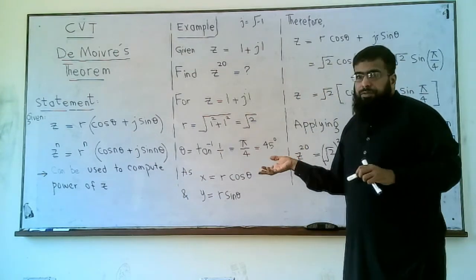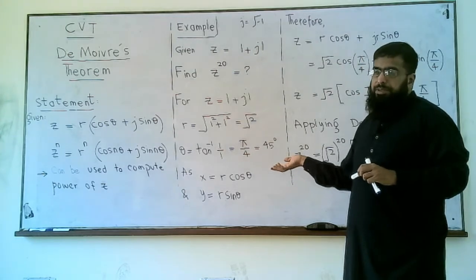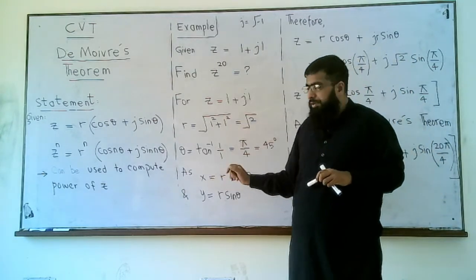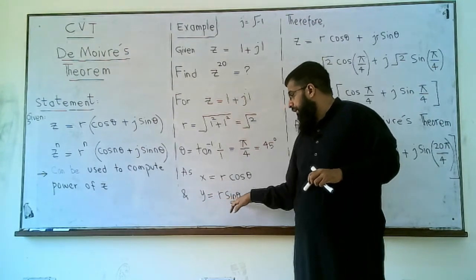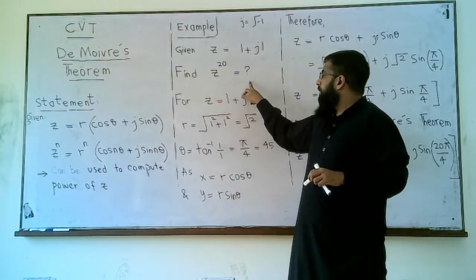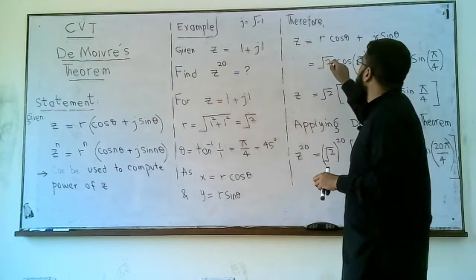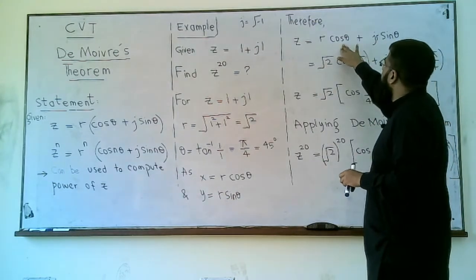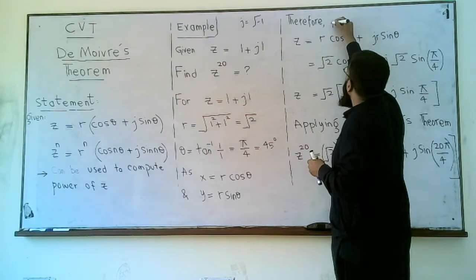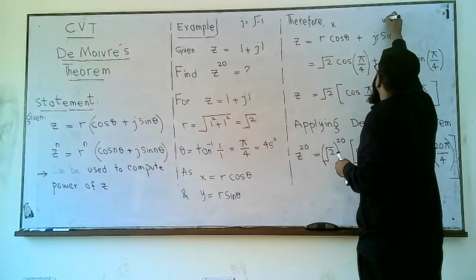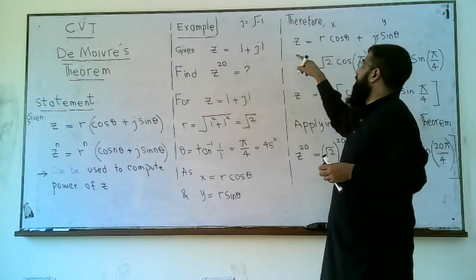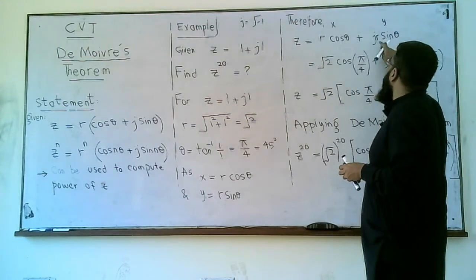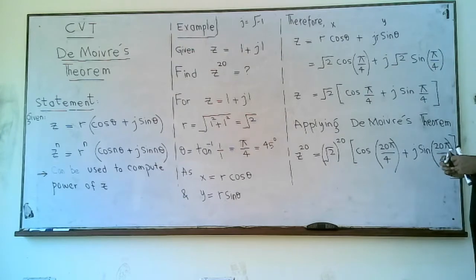When we convert from polar representation back to rectangular representation, we can write x as r cos theta and y as r sin theta. So, x plus jy can be written as r cos theta in place of x, r sin theta in place of y. So, the same complex number 1 plus j1 can be represented by replacing x and y like this. So, this is yet another way of writing z.